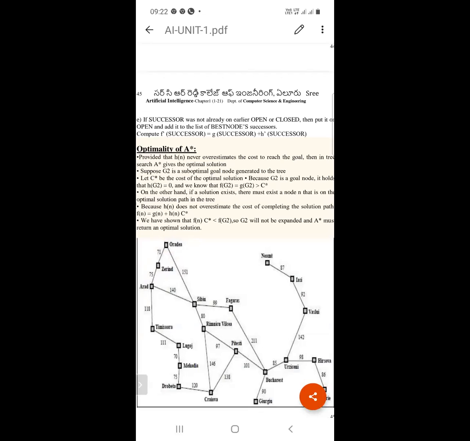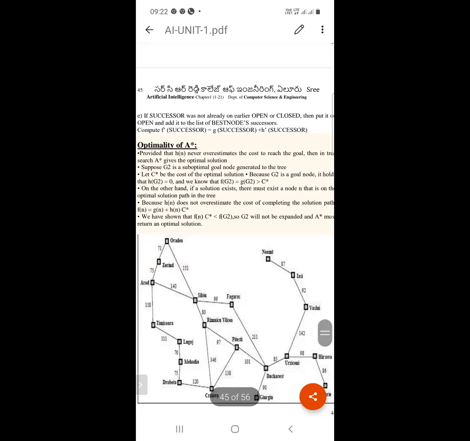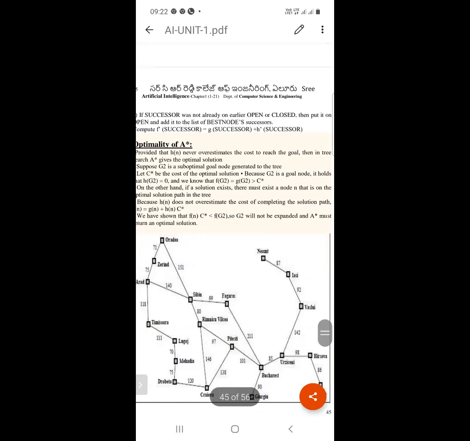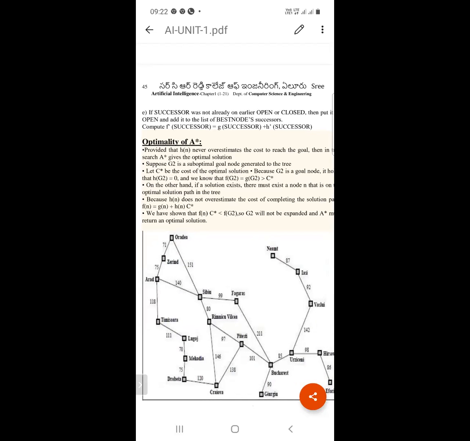Suppose G2 is a suboptimal goal node generated in the tree. Let C star be the cost of the optimal solution. Because G2 is a goal node, H of G2 equals 0, and we know that F of G2 equals G of G2, which is greater than C star.